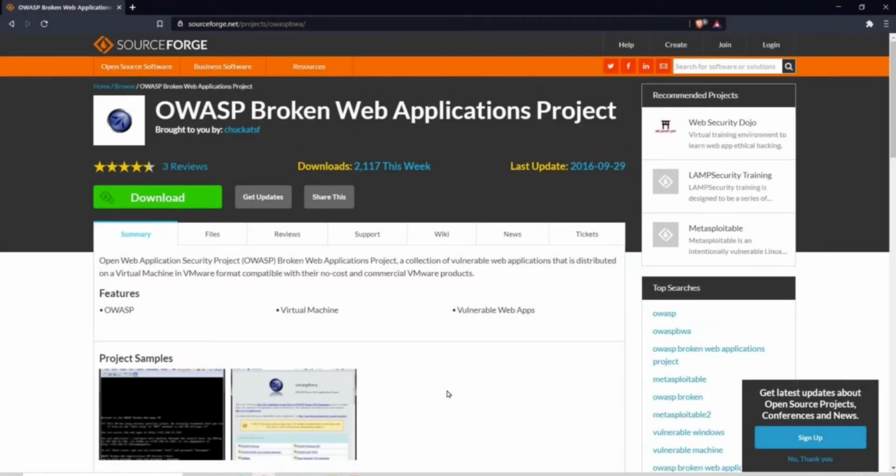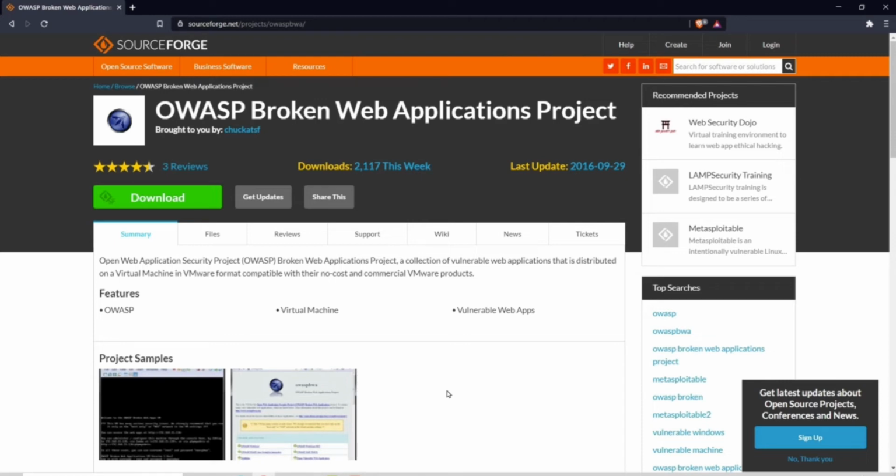Welcome back. It's time to install the machine that we will use to attack. For this course, I have chosen the OWASP Broken Web Applications project. Why this machine? Well, first of all, it's very simple to install. It takes quite a little time compared to Kali Linux. It will only take us a minute or two to install it. And it also has a bunch of vulnerable web applications hosted on this machine that we can use to target